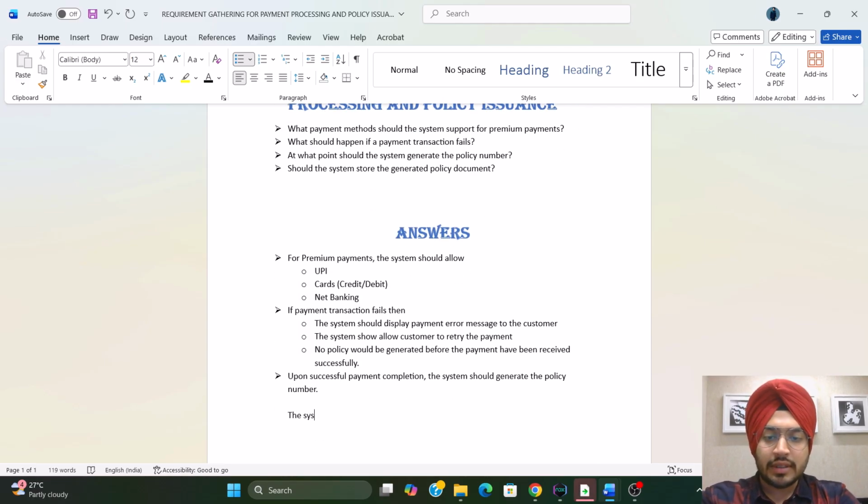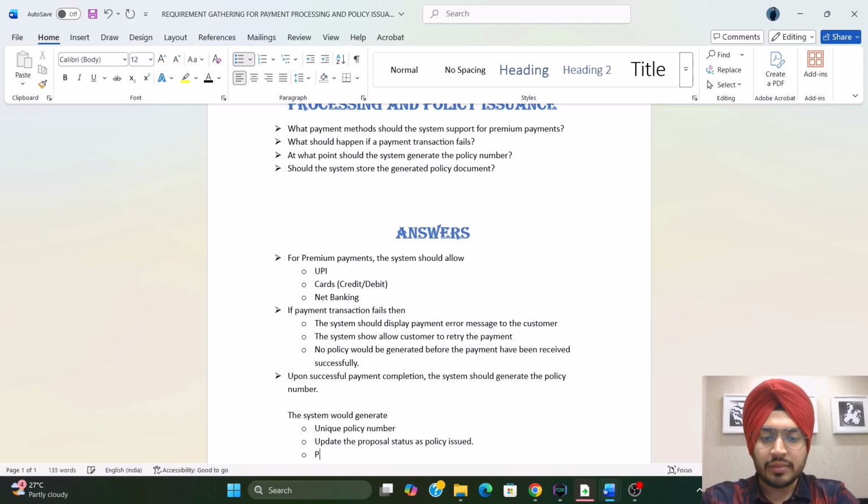The system would generate a unique policy number, and then update the policy status, updating the proposal status as policy issued,